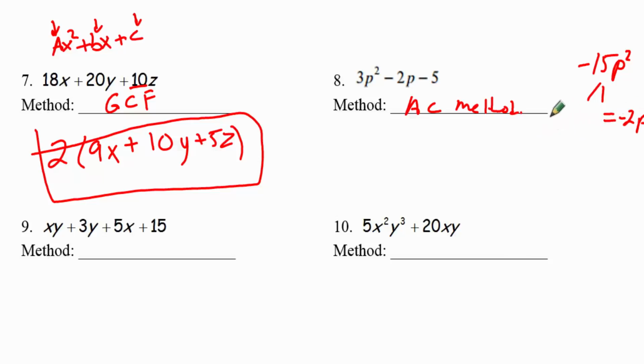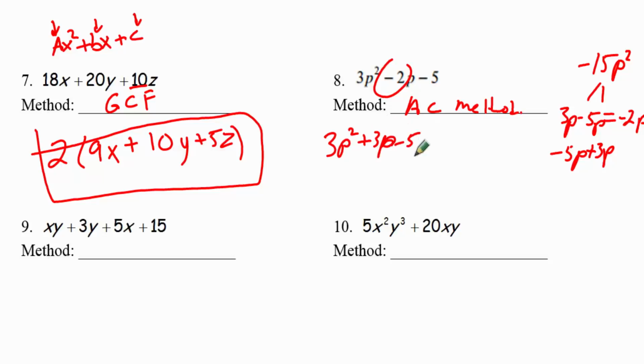And so what are my factors of 15? 15 and 1, I can't get 2 out of that. The other one is 3 and 5. Can I get a negative 2 out of that? Well, sure, if it's 3p minus 5p, or negative 5p plus 3p. It doesn't matter which one you use, pick the one that makes more sense to you. I'm going to use the first one, which is the first one I wrote. So we rewrite the problem, 3p squared, but instead of the minus 2p, I'm going to write positive 3p